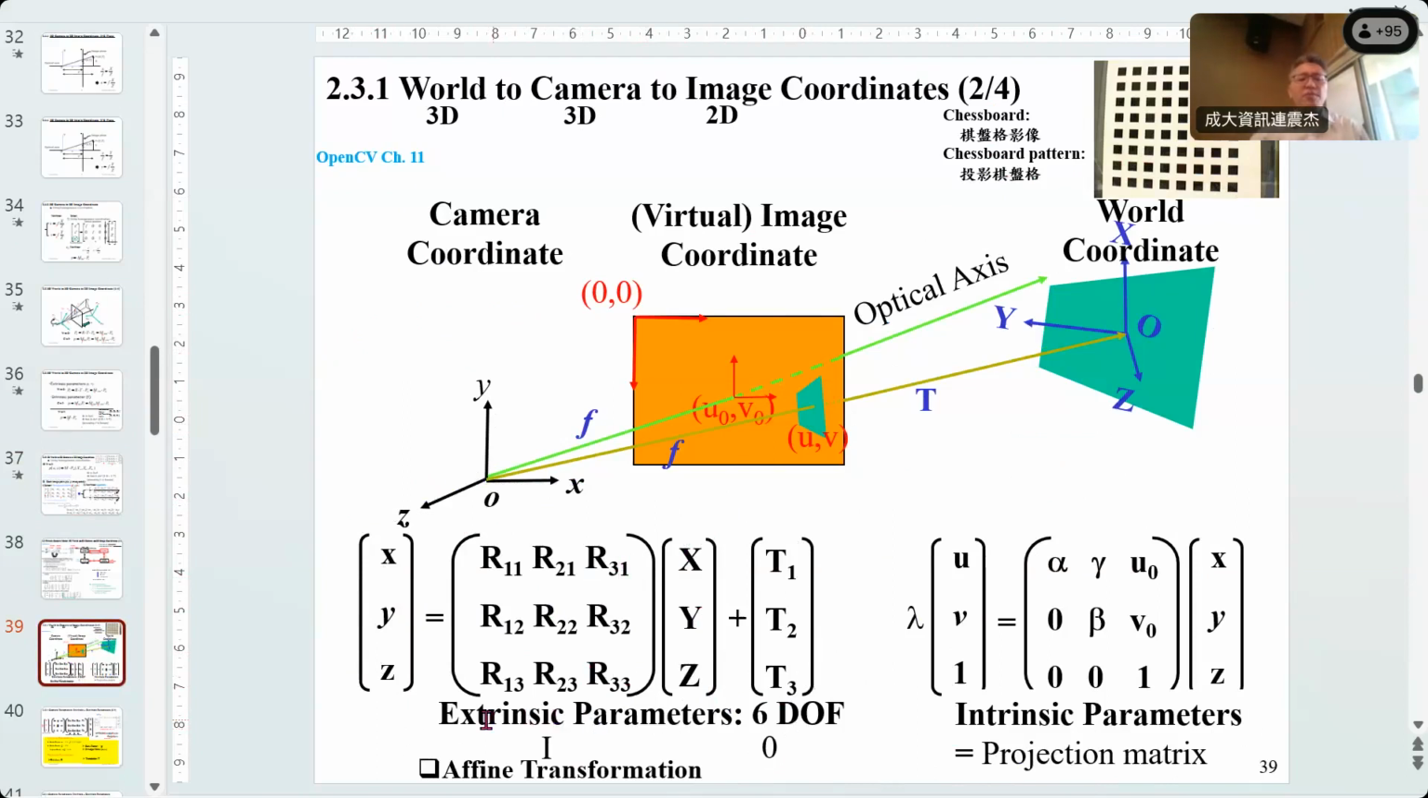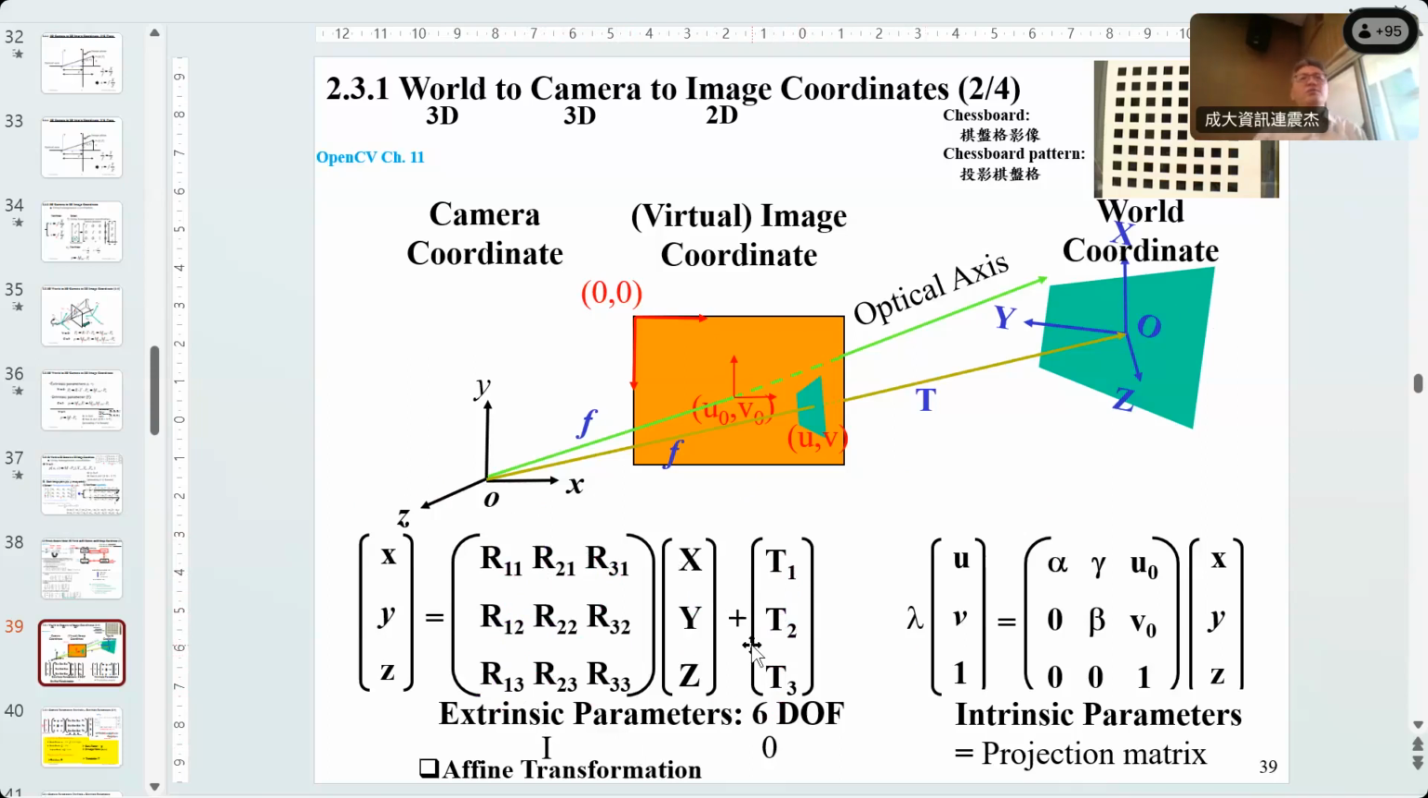and the rotation parameters are rotation x, rotation y, rotation z. Because it's 3D, each rotation has 3 components. So in total, there are 9 components here. And translation only has 3 parameters. It's tx, ty, tz. And the plus means